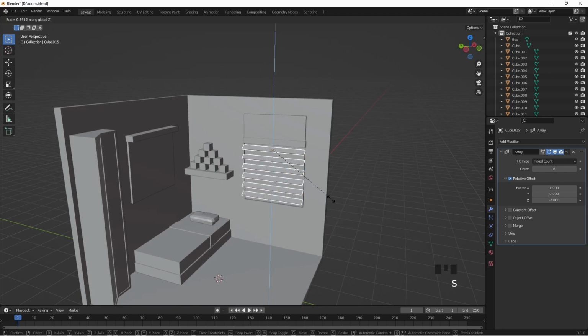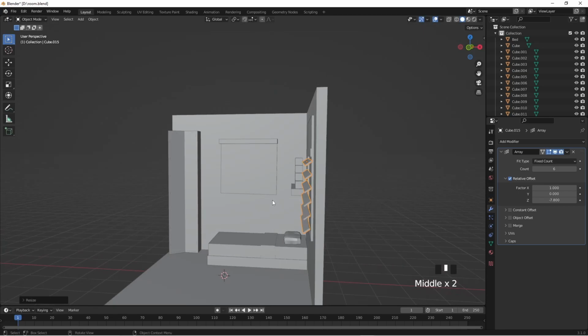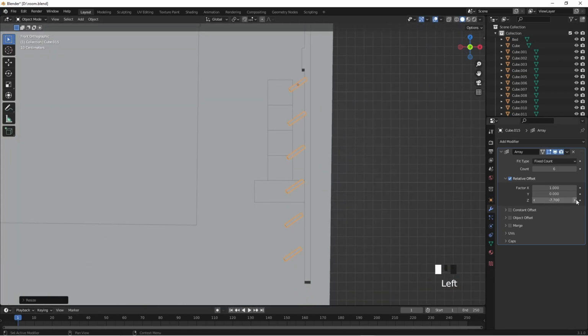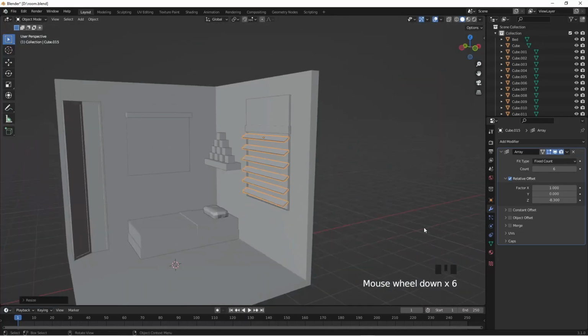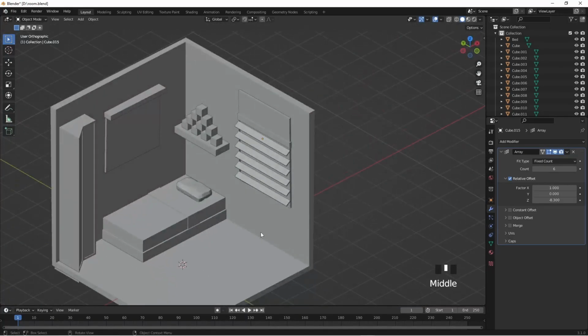Let's get on the z-axis. Let's make it this way. They're not well done. Yes, it's better. Now what I'm thinking of is making